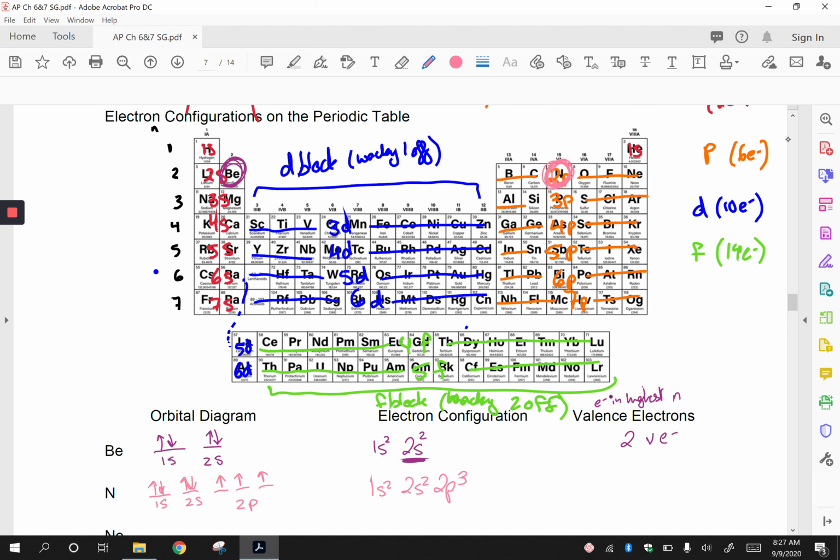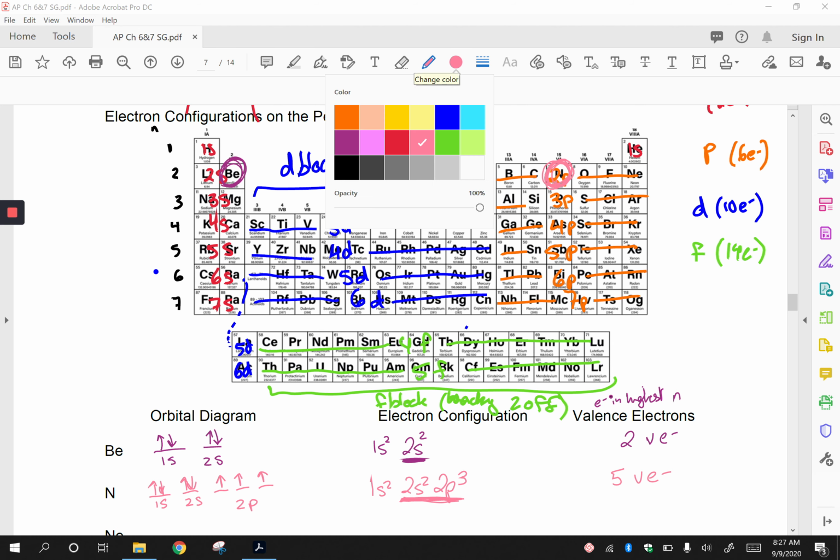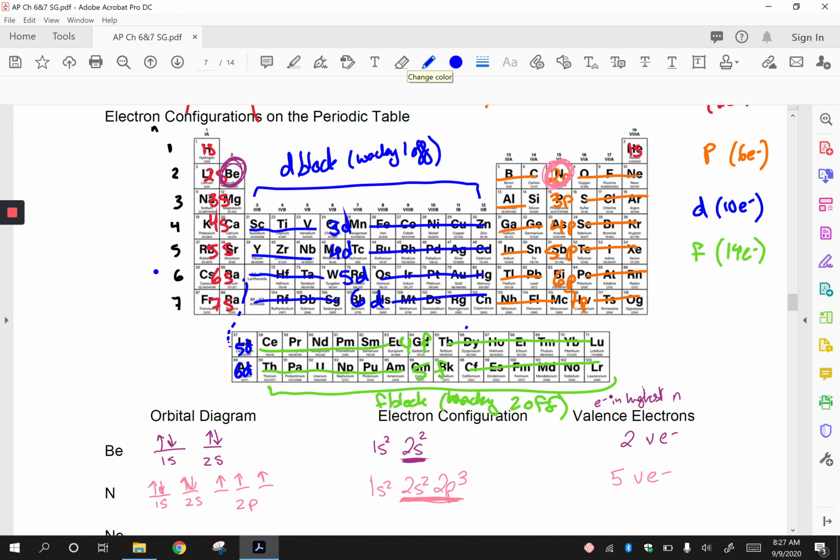Valence electrons are the electrons in the highest energy level. So my second energy level is my highest energy level, so all of these are in that highest energy level. There are 2 electrons in the s, 3 electrons in the p, so the total is 5 valence electrons. Okay, next one